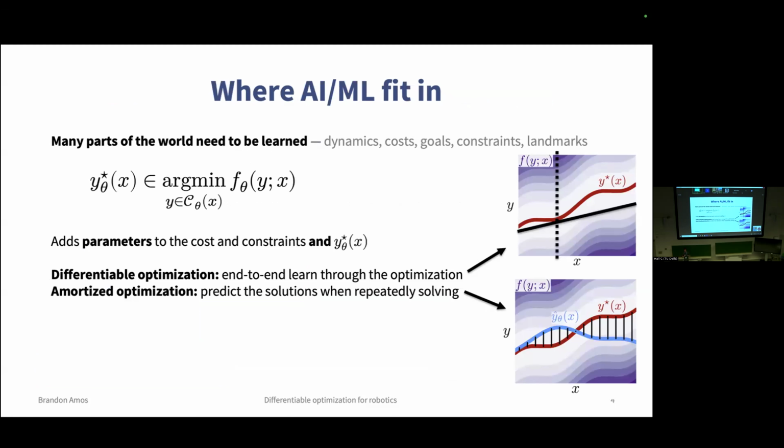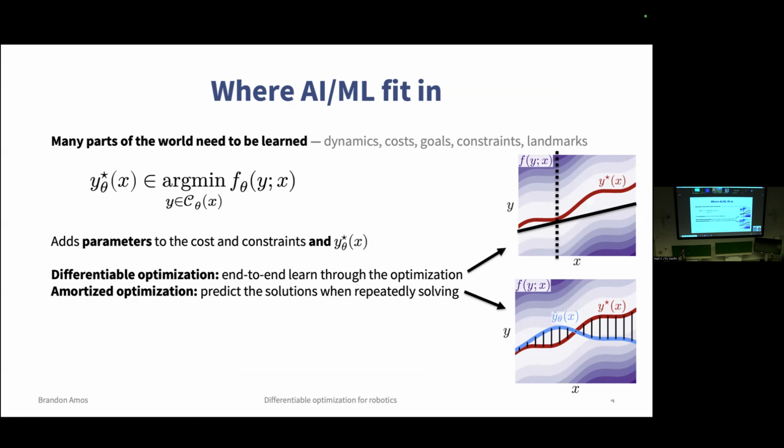From this perspective, of course, there are a lot of things that we don't know how to model in the world, so we're using AI and machine learning to estimate them. This could include things like dynamics or costs and goals that are either latent, unknown, conditional or specified by human language or some other representation. We could learn constraints or landmarks or other things as well. And from this perspective, if we're interacting with all of these other optimization subproblems in robotics, the parameters of these modules get somewhat absorbed into the optimization process.